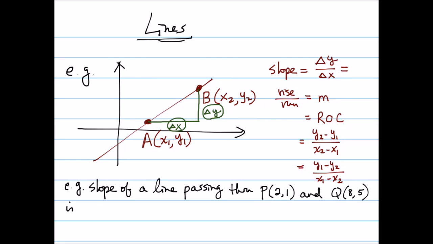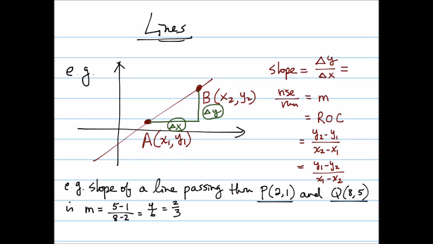Let's take an example. If we want to find the slope of a line passing through the point P, which is (2, 1), and the point Q, which has coordinates (8, 5), using the formula we've just described here, we would then do the change in their y value over the change in their x value. And again, you can do this in any order as long as you're consistent in both the x and y directions. I'm going to take the point Q minus the point P here. That gives me 5 minus 1 over 8 minus 2, which is 4 over 6, and then reduces down